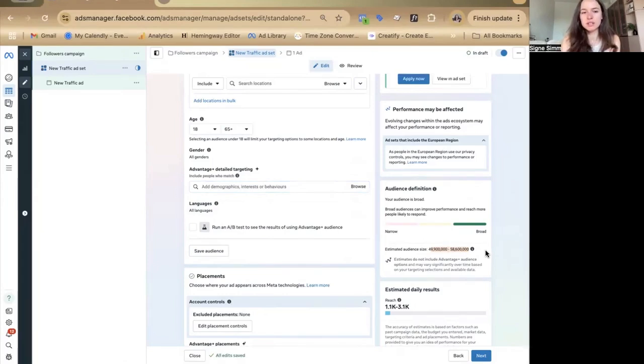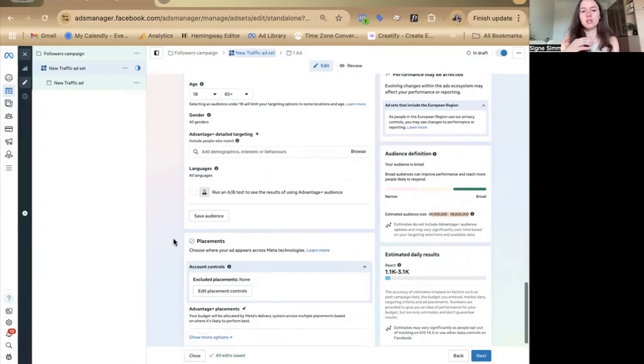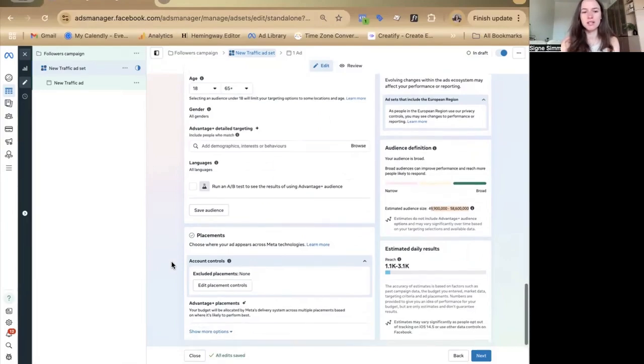You don't want to advertise to people under 10,000 unless you're in a local area. So if you only work with local people, then it makes sense that you have under 10,000 people. If you're in a smaller place, then you can definitely advertise, just use less budget. But if you are worldwide or countrywide, you want to make sure that you have wide enough audience. Otherwise, you're just going to burn through the creative quite fast.